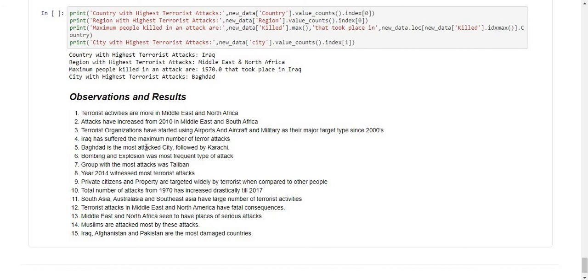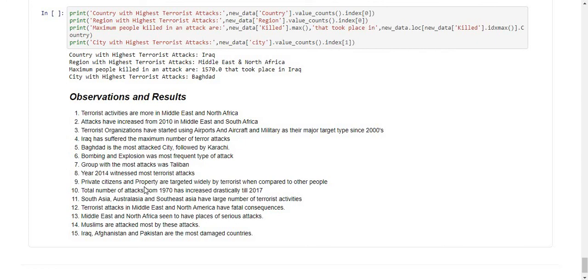Iraq has suffered the maximum number of terrorist attacks. Baghdad is the most attacked city, followed by Karachi. Bombing and explosions was the most frequent type of attack. Group with the most attacks is Taliban. Year 2014 witnessed the most terrorist attacks.